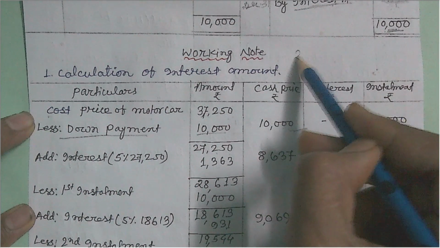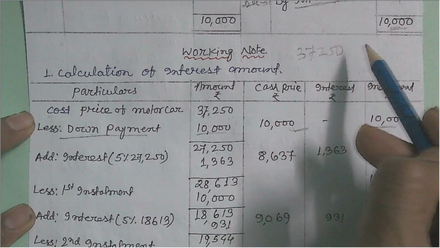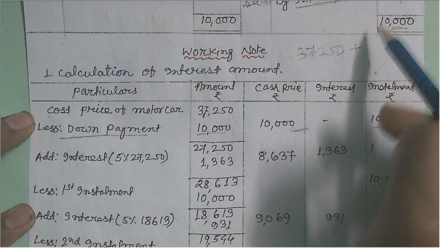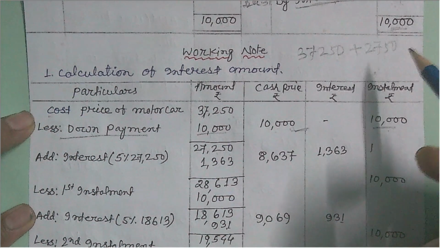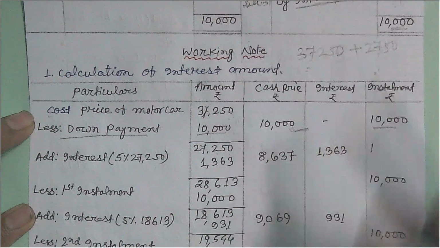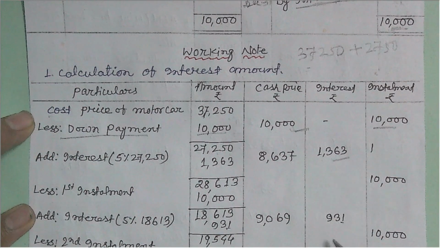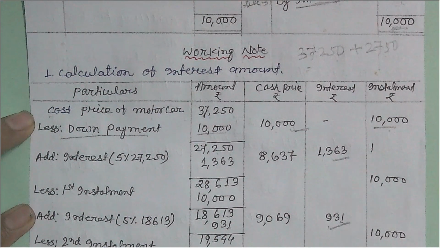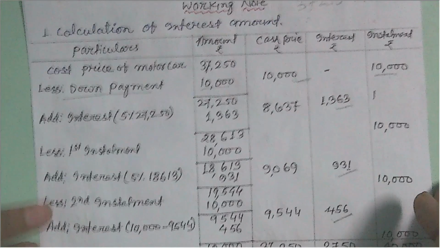that is 37,250 plus interest amount 2,750. So in 3 years we have paid interest. In the first year we paid 1,363, in the second year we paid 931, and in the third year we have paid 456 interest amount. Okay,